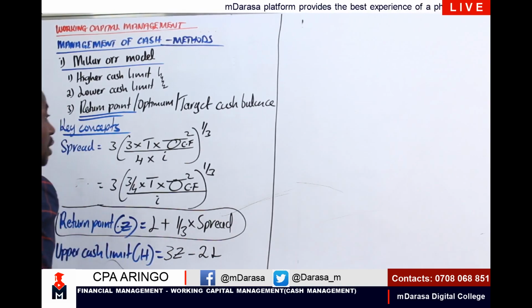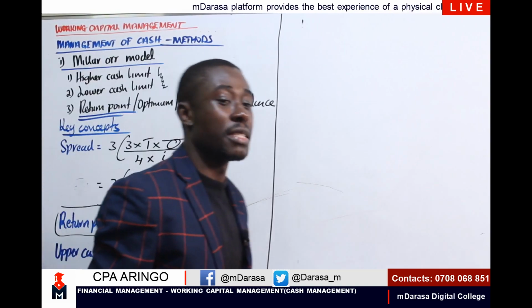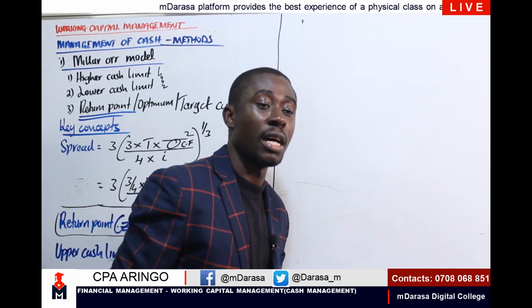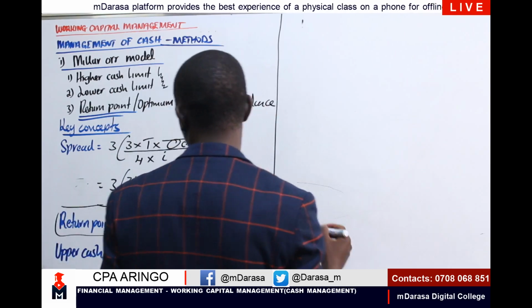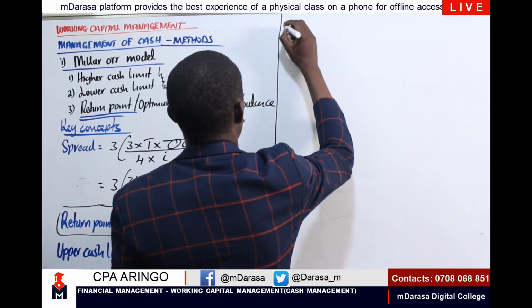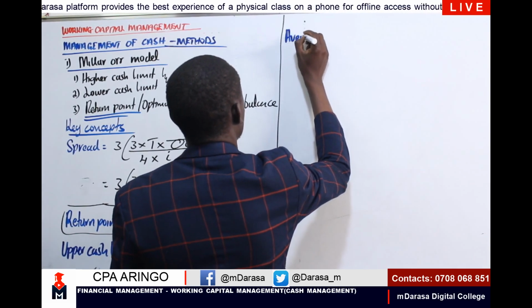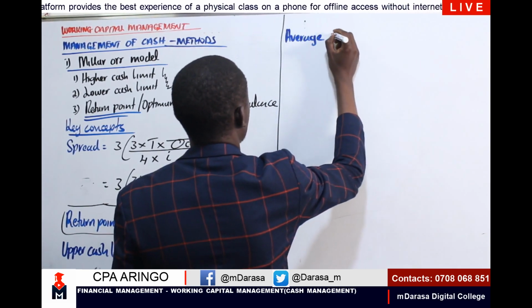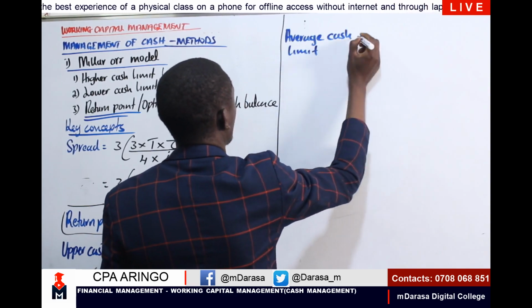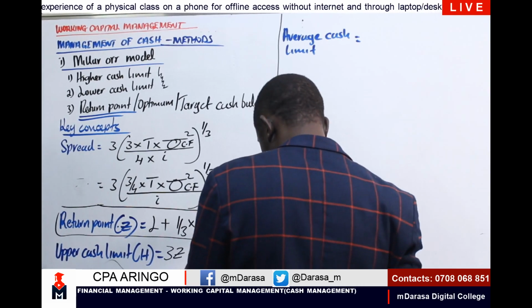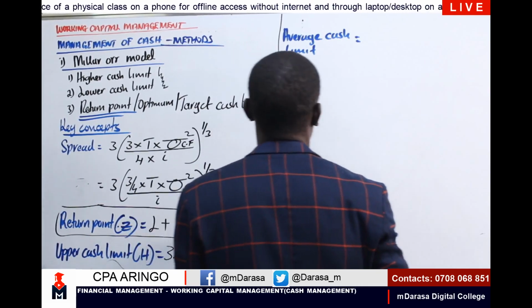So to determine our average cash limit, so long as we determine Z, the return point is what would guide us in almost everything that we'll be having here. If I'm required to determine our average cash limit, we must always have this at the back of our mind. We must always be talking of